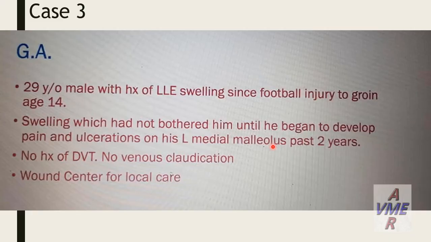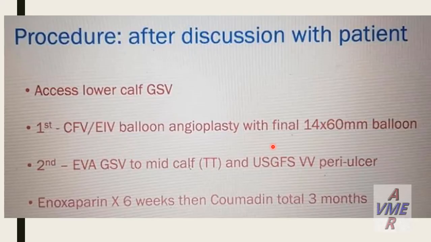I think there is some missing information in this case. As we have said, in the ultrasound he found that there is occlusion in the common femoral vein. We have a refluxing superficial venous system, with diameter of the great saphenous vein about 8 millimeters, and we have refluxing perforators related to the ulcer. So the management was